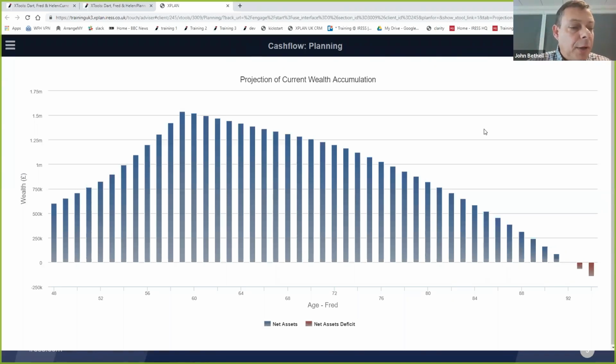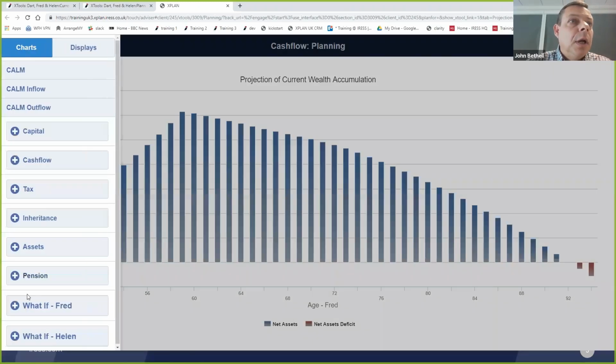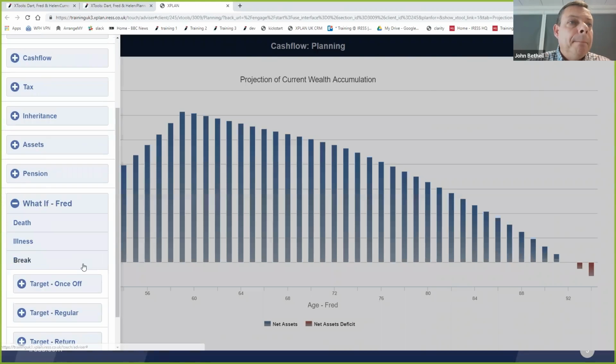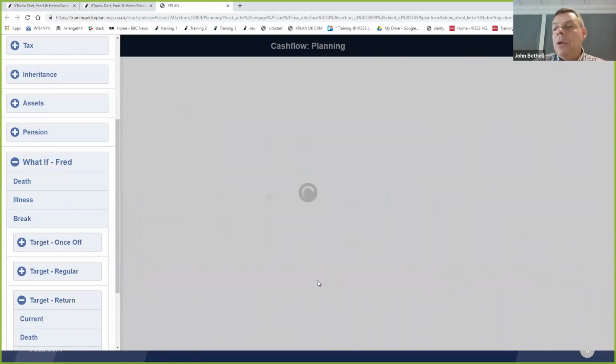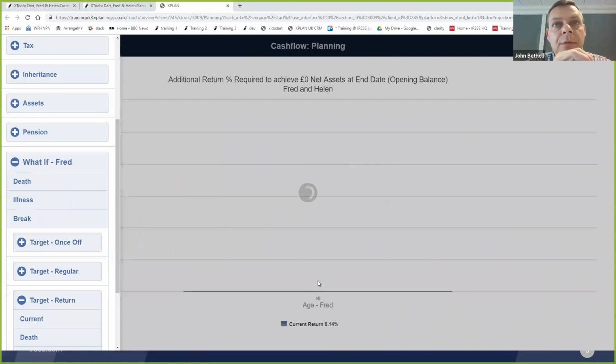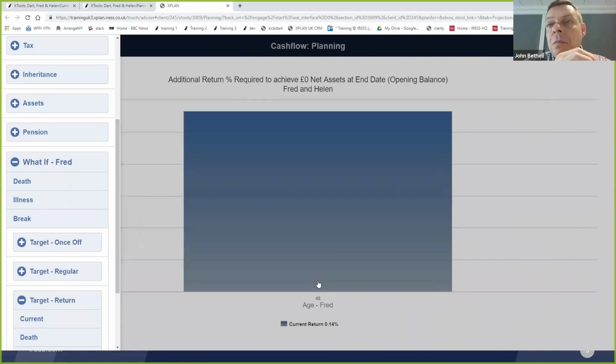We then need to look at the client's experience, absolutely, but we need to look at their need to take risk. So if we were being pedantic, or there's big changes here either way, I could go into the tool and into the what if area here and target return current. And this will then calculate how much extra risk they need to take to meet their objectives. As we saw from the graph, they're there or thereabouts. They'd be at 0.14. But if they had a large deficit, then it may be saying they need to consider going up a risk profile if it's appropriate. And you can then have that discussion.